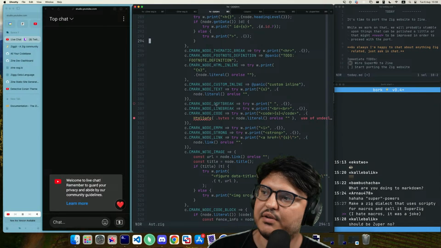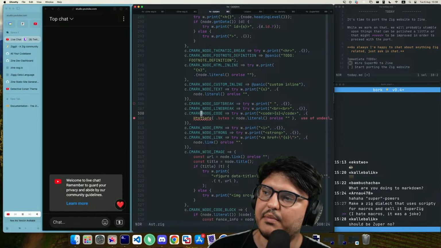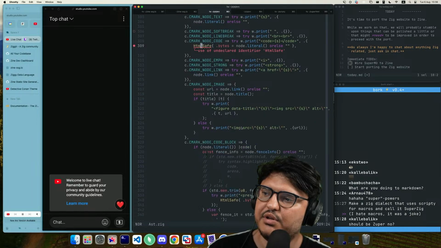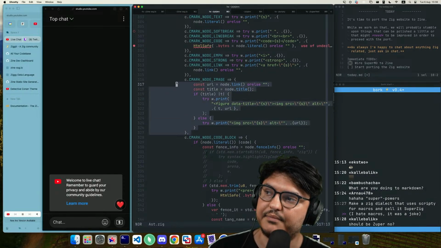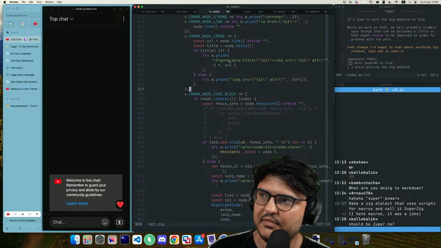Custom line. We're saying no text, software rate, blah blah blah. Code calls HTML safe, which we don't have, so we probably need to move that over also. Okay. Emphasis, strong, link. Image. We have our figure. We have our weird stuff here, because previously we had to hard code all this since an image had to be shown in a certain way. So that worked for me. So yeah, this sucks.